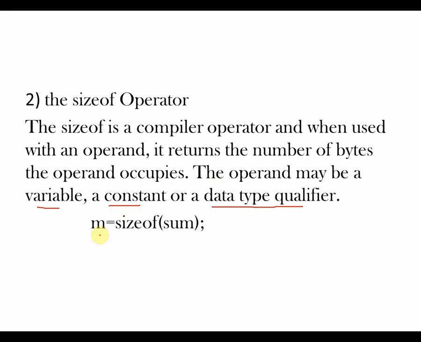And this is the syntax of writing it. You use this sizeof operator, and in the brackets you write whatever operand whose size you want to find. This is sometimes used whenever we have something called arrays and structures, which you will be learning in further lectures, and when we do not know the size of these arrays and structures, that's when we make use of the sizeof operator.